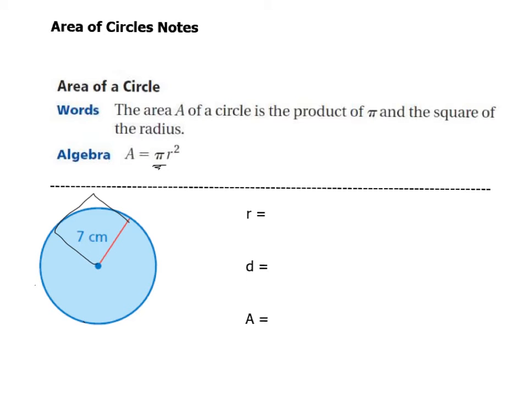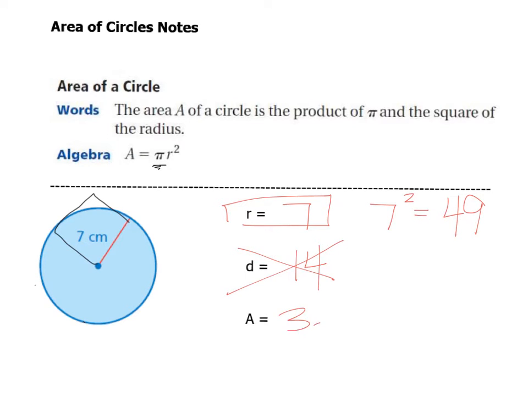So the radius in this case is 7. The diameter is 14. I'm not going to need the diameter for this one. I want to square the radius. The radius squared means 7 times 7, which is 49. So to figure out the area, I'm going to do pi times the radius squared, which is 49. Take my calculator. 3.14 times 49 gives me an answer of